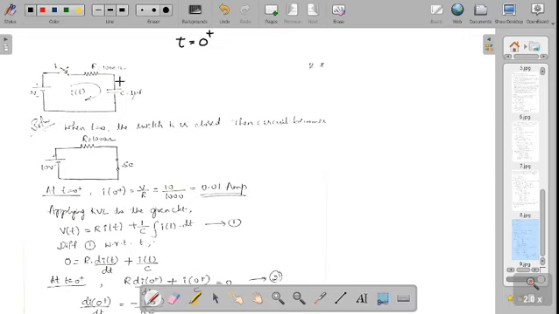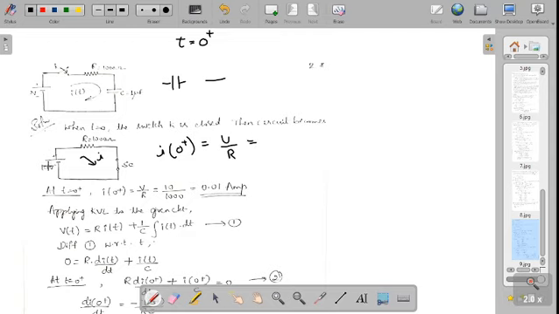When the switch is closed, what happens to the capacitor? It is treated as a short circuit. The capacitor will be treated as a short circuit. So here we can find out the current. What is the current which is flowing here at time 0 plus? It would be voltage divided by resistance. Since there is only a resistor, I is equal to V by R.